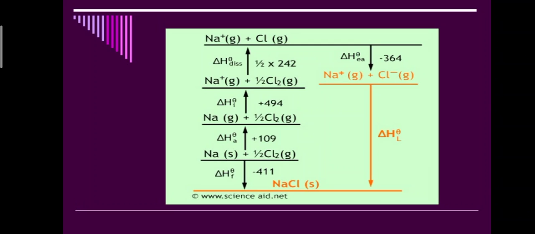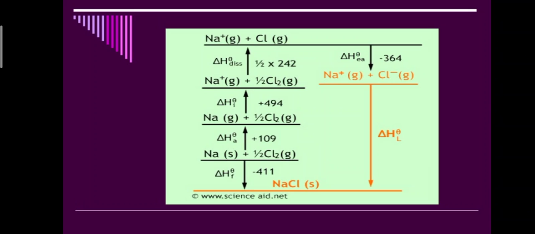Third is ionization energy. Ionization energy is the minimum amount of energy which is required to remove the outermost electron from its outermost shell. Sodium has one electron in its outermost shell and that one electron will be removed with the release of an electron. So sodium will form sodium positive ion, Na+, with the release of one electron. So the ionization energy of sodium will be 496 kilojoule per mole.